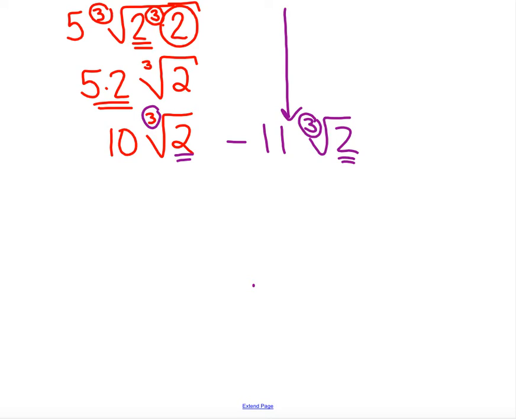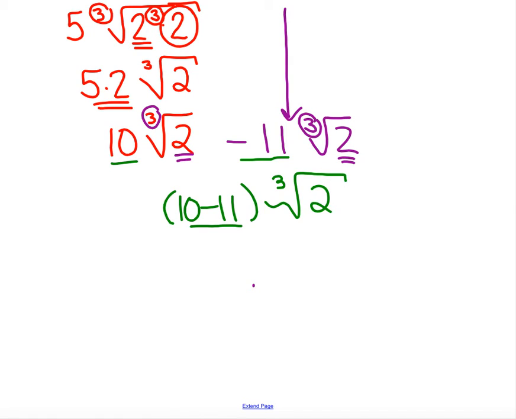So we can go ahead and do what we did in that previous example. You look at their coefficients, 10 minus 11. Do the operation, 10 minus 11. And then the radical comes along for the ride, cube root of 2. So 10 minus 11 in that parentheses is negative 1, cube root of 2. Now, I would say you probably should drop that 1 and just change it to negative cube root of 2. Looks more